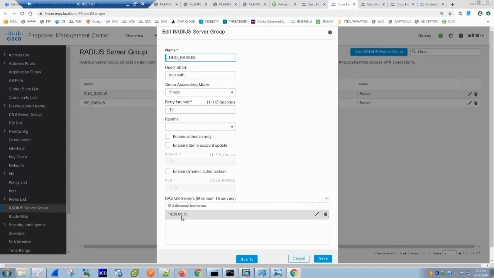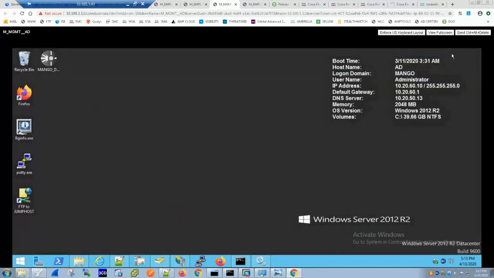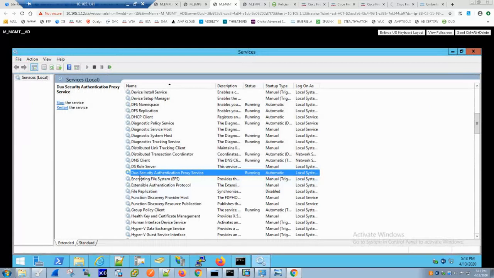Here is the IP defined, 10.20.60.10, which for me happens to be right here. So this server happens to be 10.20.60.10 for me. This is the server where I have the DUO Auth Proxy Service running,